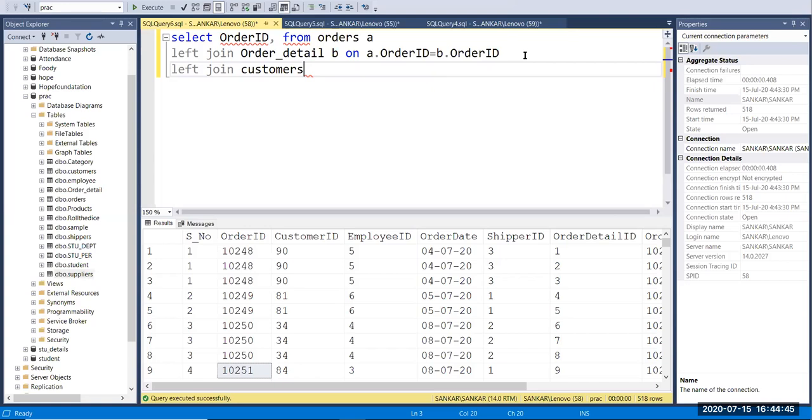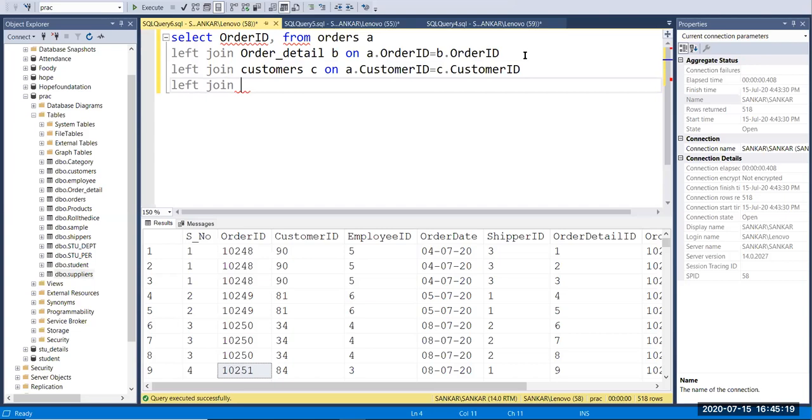The only condition is you want a common column between them, right? And here I'm using customers, and I declare it as C. Then after that, on A dot customer ID equal to C dot customer ID. That's all, simple. Now you can connect the customer table.